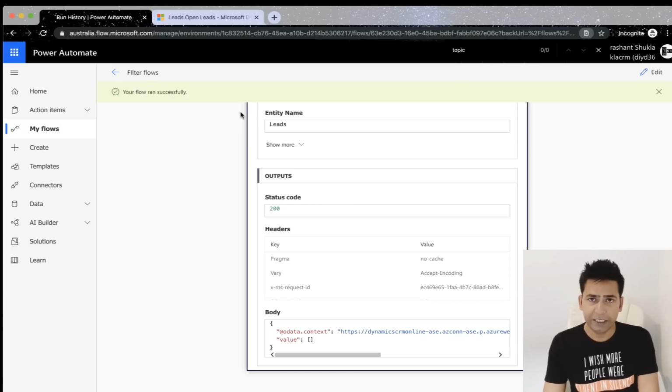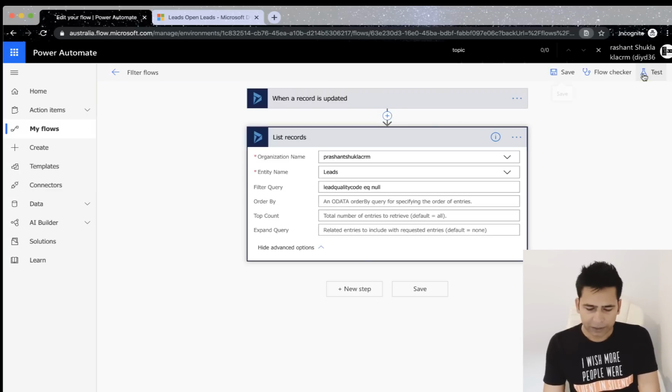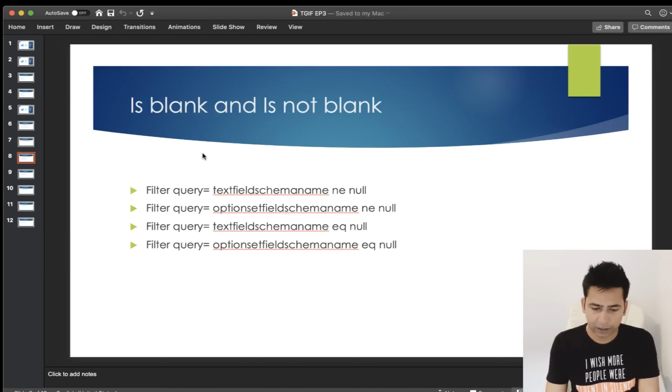You've also got GE, LE, which means greater than or equal to, less than or equal to. And then you've got starts with and ends with. All these, what I'm talking about, are also on my blog, so you don't have to worry and write it here. You can just visit the blog and copy paste the formulas and start using it. All right, so going back to edit mode, going back to my PowerPoint, the next slide is